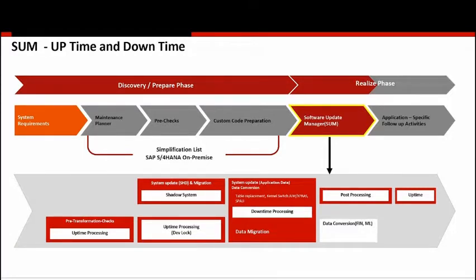is up. So typically, if you're going to have a downtime window from, say, Friday evening 5 p.m., we suggest that you finish all the activities that happen in the uptime by about Thursday morning. So that will still give you some time in case you run into issues. And then come 5 p.m. on a Friday, you get the business users off the system, and it starts the downtime processing.